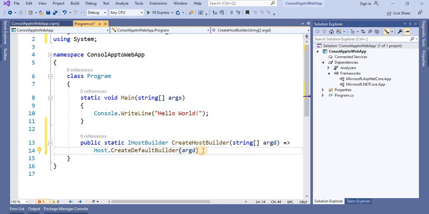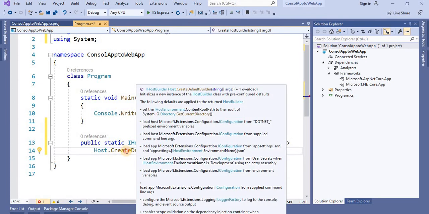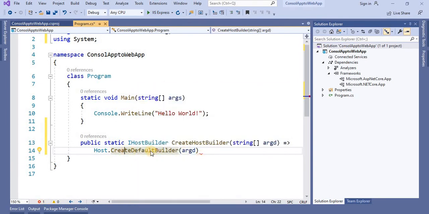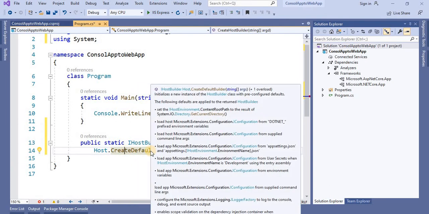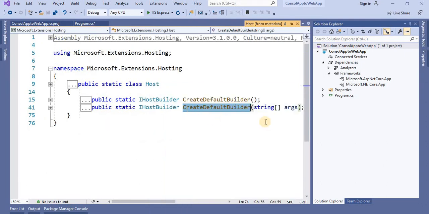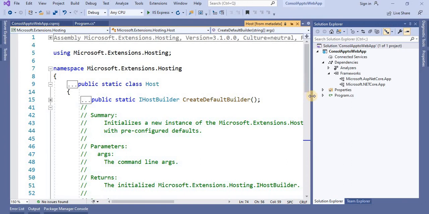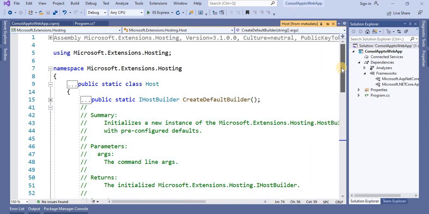Before going forward, let's understand what CreateDefaultBuilder is. You can press F12 or right-click and go to definition, and when you come to this and expand it, it is a main, or we can say important, function that is basically useful for hosting the application.